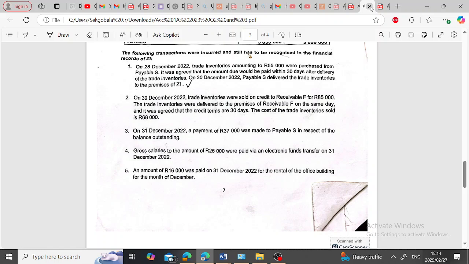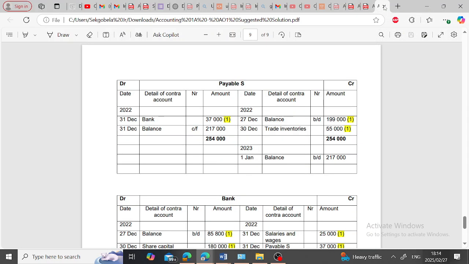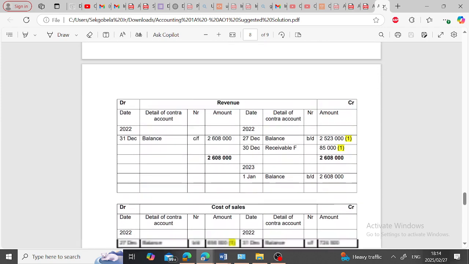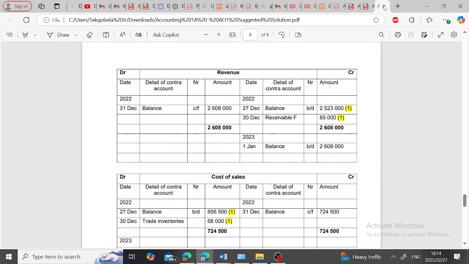Must I show you guys? So, where are we? We are here by revenue. Can you see for revenue it's on the credit side, receivable F, 85,000. Please mark your respective